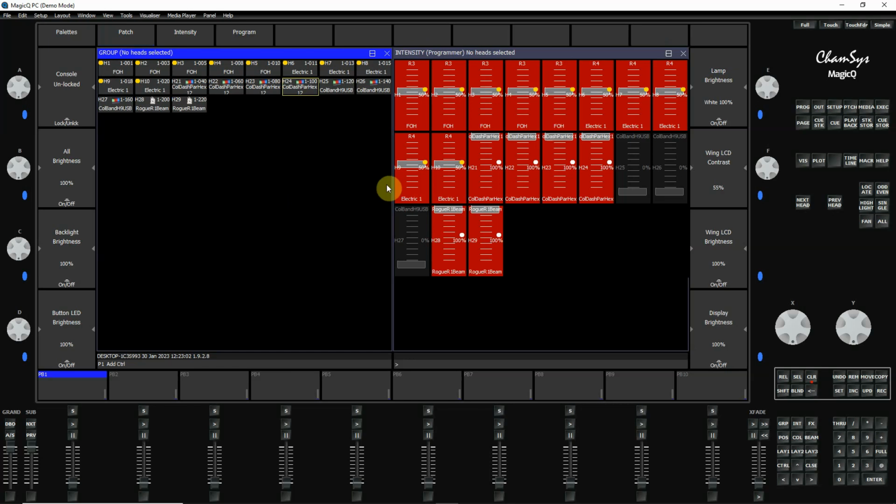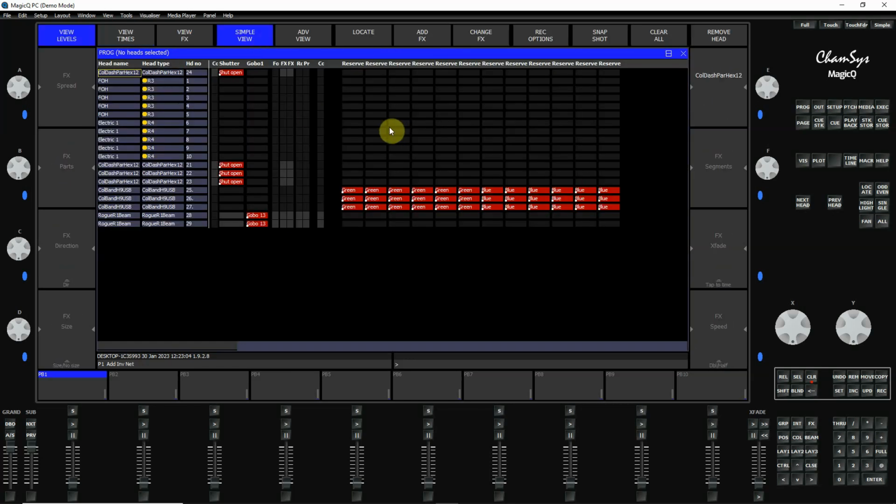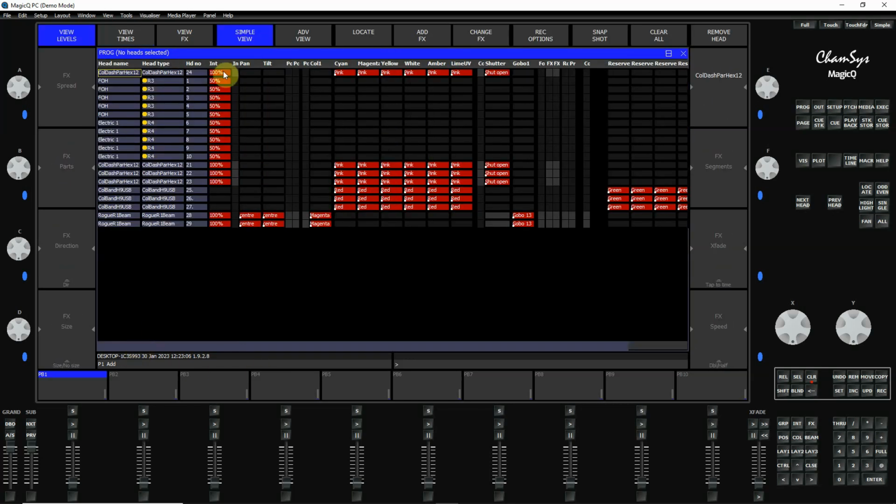Okay, so if we look at programmer, then we've got all of our light information in here. Currently, we don't have any lights selected. Everything is unselected, but we have values in for everything, so it's ready to be recorded. And I'll just quickly do this, and we're going to record this into a cue instead of clearing it out. And then my next video is going to be all about recording cues, but just quickly here at the end,